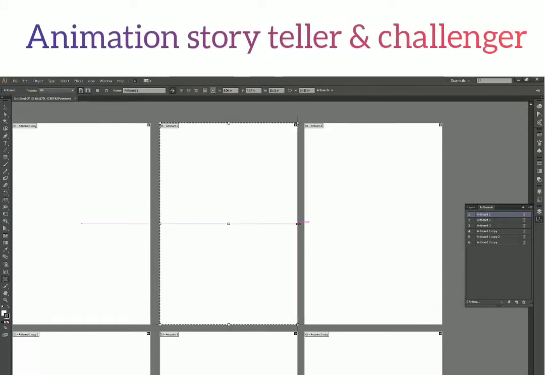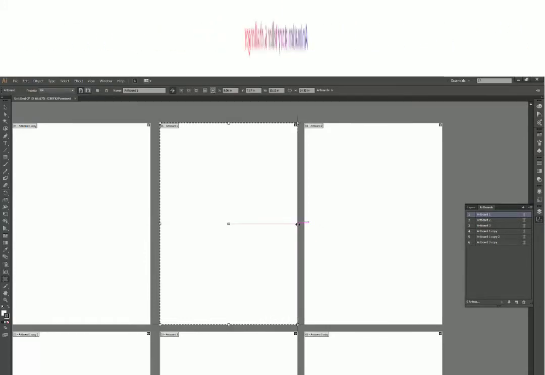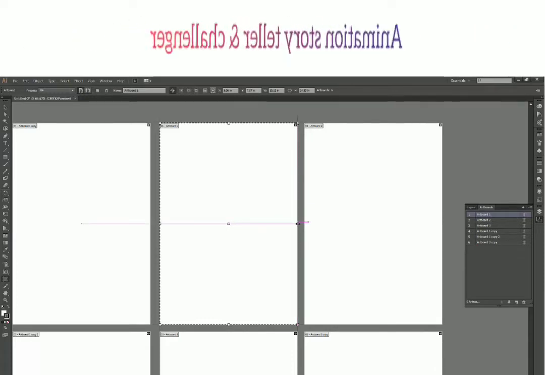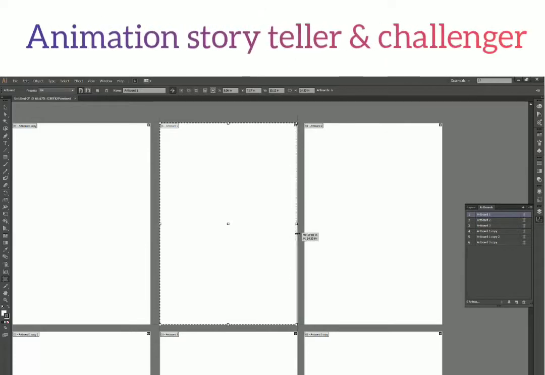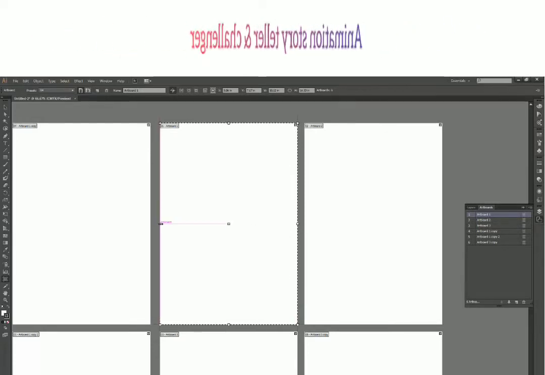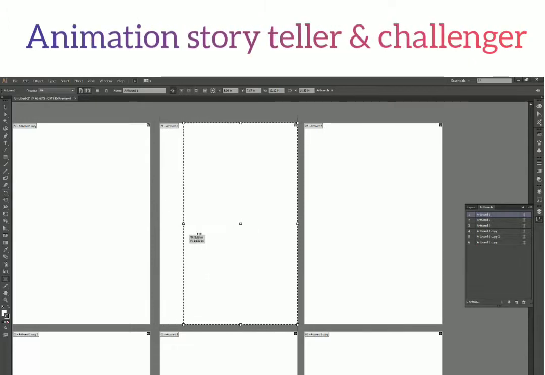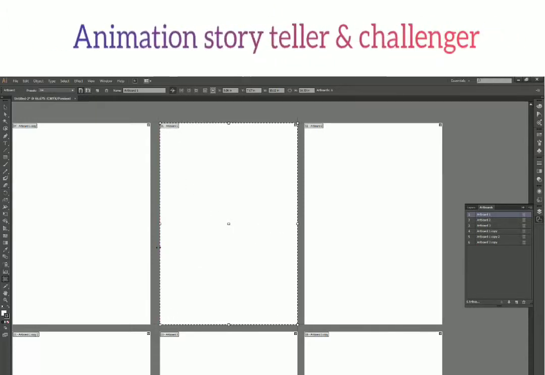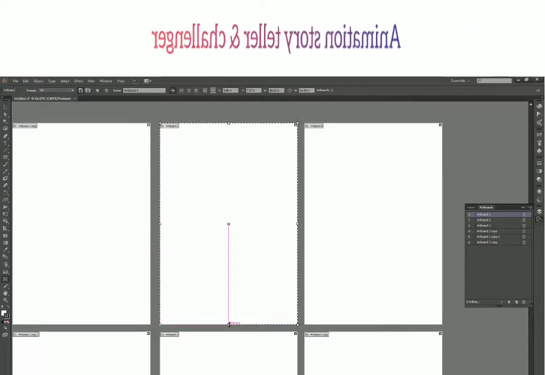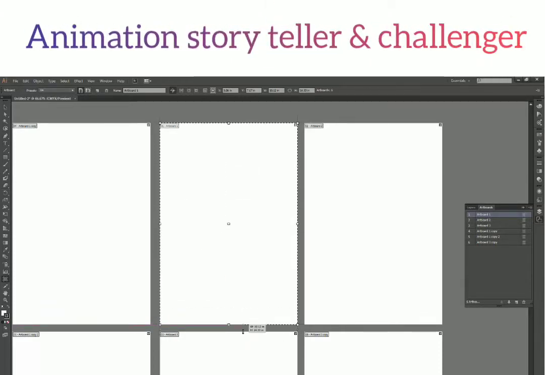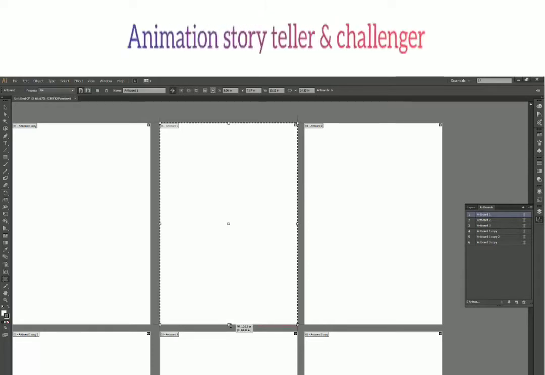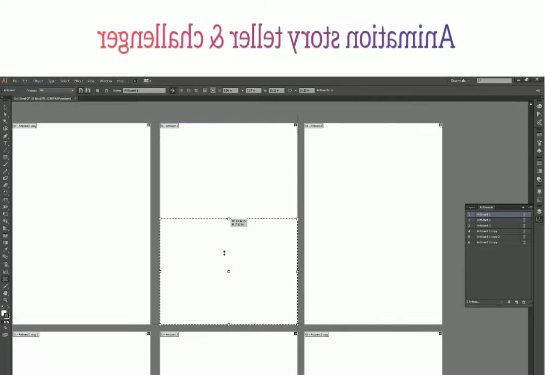So where were we? We were seeing horizontal resizing of the artboard. You can click on any of these two points and click and drag to resize in the horizontal direction. The vertical one works the same way. You can click and drag on any of these middle ones in the vertical direction. The top and the bottom one both work the same way.